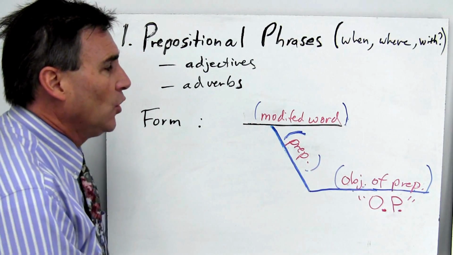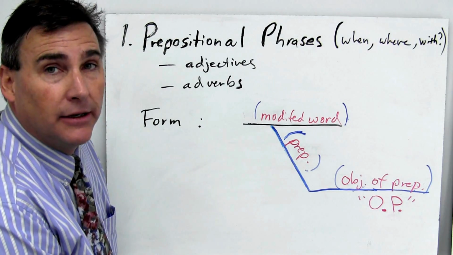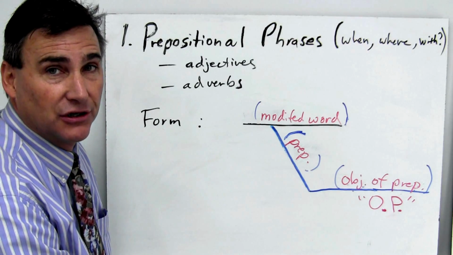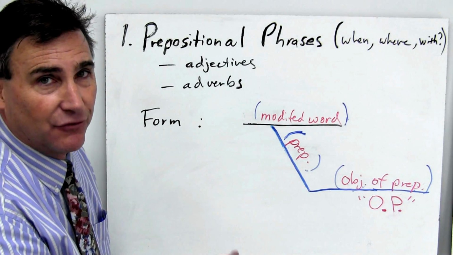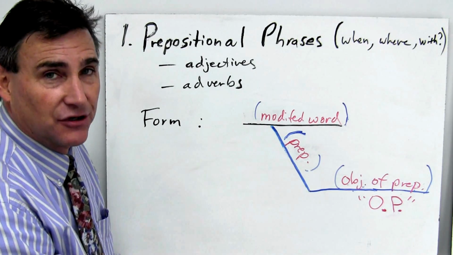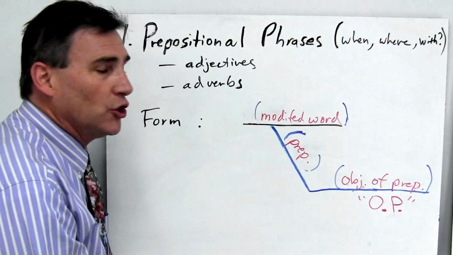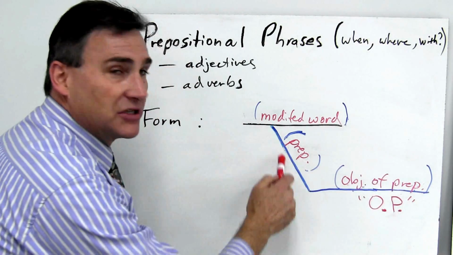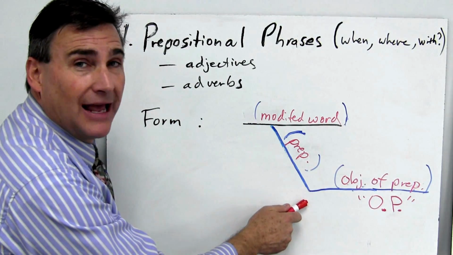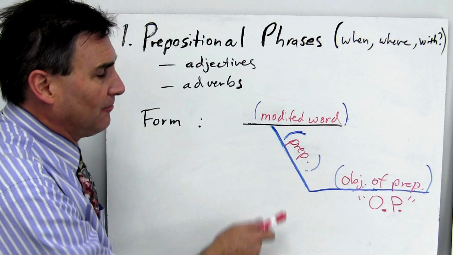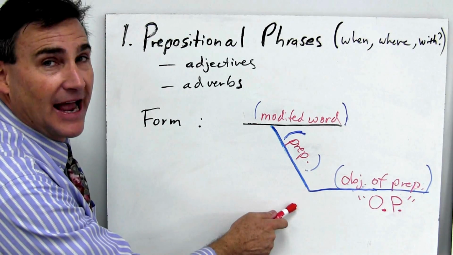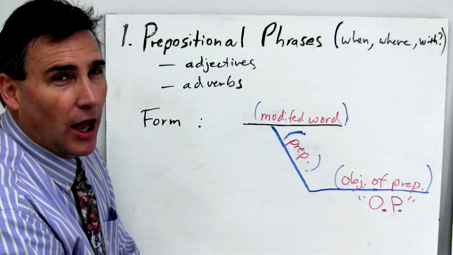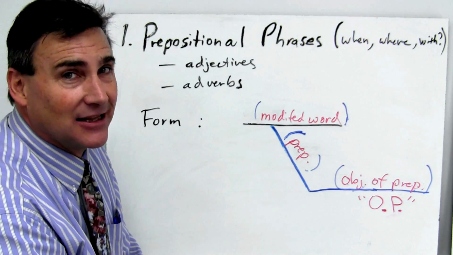On the baseline, we would have the modified word. Frankly, it could be any other noun or verb or adverb, adjective, depending on whether we're talking about an adverb prep phrase or an adjective prep phrase. But in any case, the modified word, usually on a horizontal line, whatever it is. Then on this structure below, you see the blue lines, we put the preposition as beginning the modification process. Remember, modifiers go on those diagonal lines. And then, if the preposition states an object, and all prepositions have objects, they may not state them, but they have them,